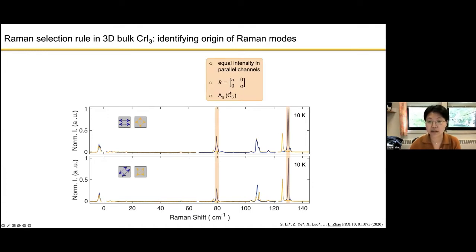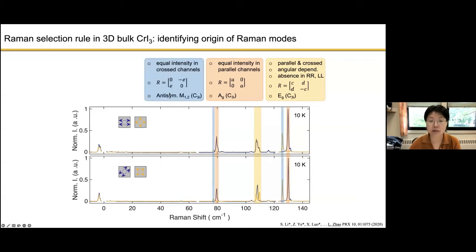The first kind is the fully symmetric AG modes that are phonons. Second is the EG phonon modes. And the third one is the one that Rolando also mentioned, whose Raman tensor is actually anti-symmetric. Because of this anti-symmetry of the Raman tensor, we know it has to be related with magnetism. We call it M1 and M2 for these 2 modes, the lower frequency one being M1, the higher